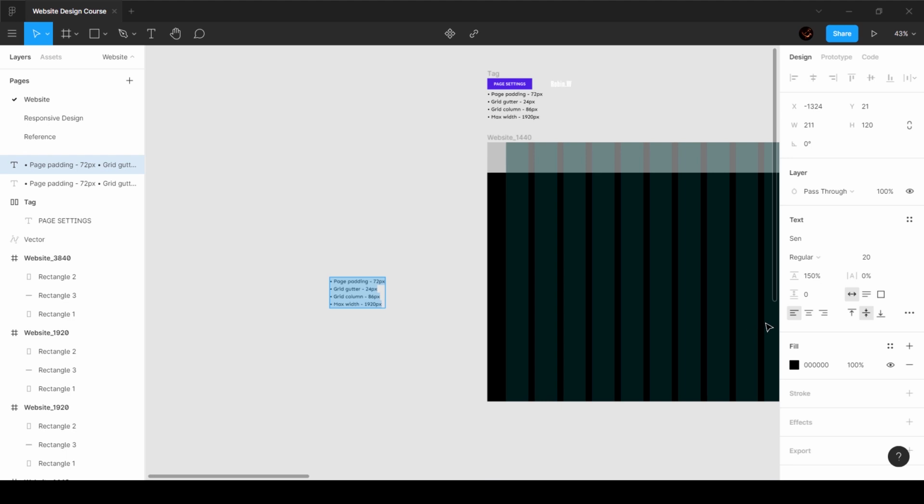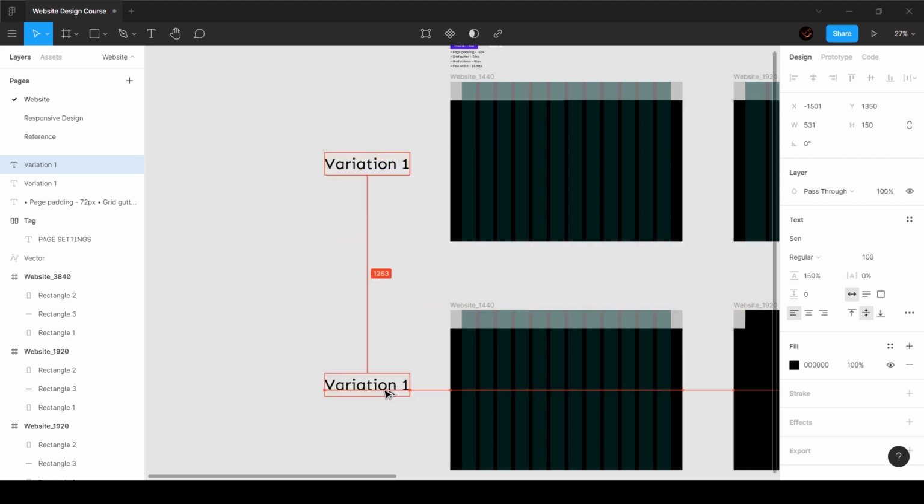Okay. So I'm going to type in variation 1. I'm going to blow this up to like 100 pixels. Okay. And down here, this is going to be variation 2.